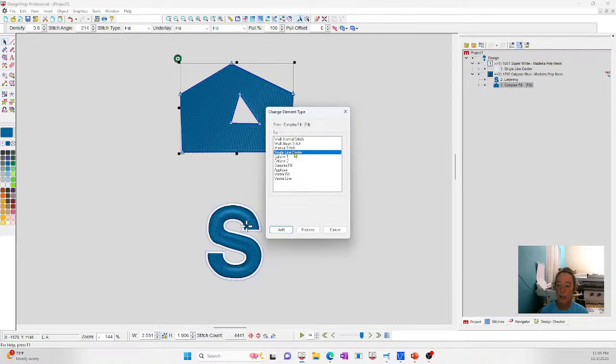All right, so I can say single line center. If I say add, that is going to add a border around it. If I say replace, it's going to get rid of my fill that's on the screen and just put an outline up there. So the fill's gone and it's just going to be a little triangle in a weird looking house. Okay, so shift is the same thing as clicking on add, and control is the same thing as clicking